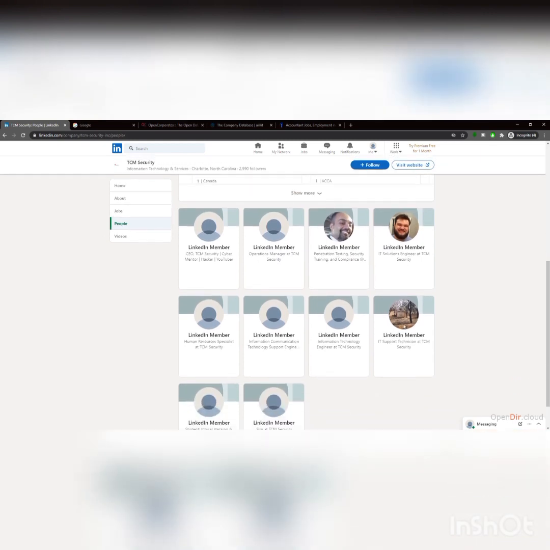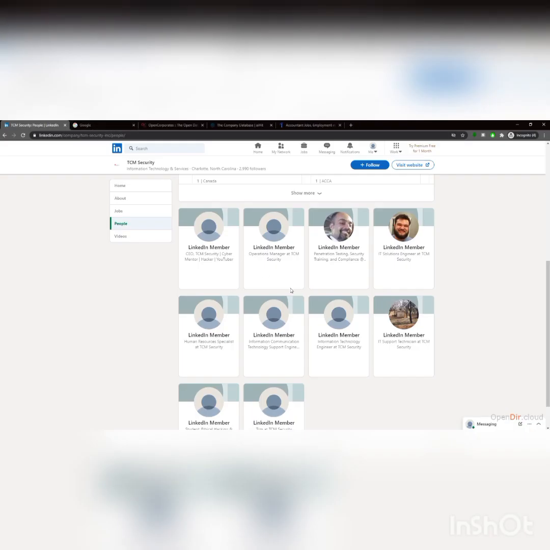and what we can do here is we could say like, "Hey, I want to right click and open image in new tab." We've gone through this. We can open a couple new images and just say, "Hey, okay, I've got this picture. Maybe I'll save this photo and see if I can run this through Google Images or TinEye or Yandex or Bing and see if this comes back anywhere." Same with this other photo. The other thing that you can do is there's some Google foo that we can work through. So like let's take this one as an example. Say I want to know who this is because it just says LinkedIn member. We could do something like copy this and see if this comes back for anything.